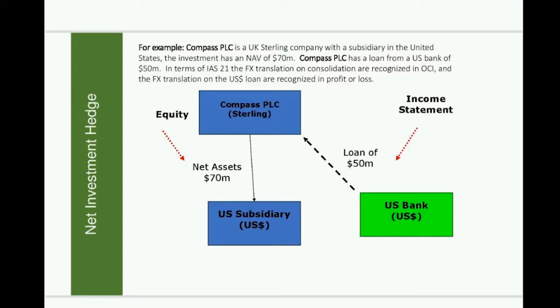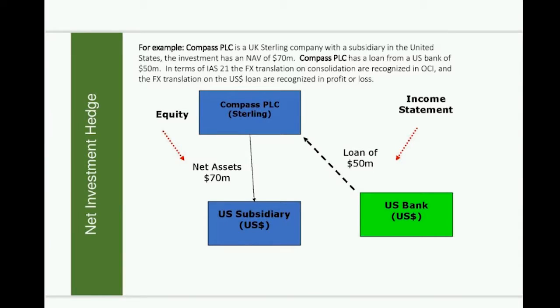In terms of the third type of hedge, which is the net investment hedge, in our example we have a company, Compass PLC, which is a United Kingdom sterling-based company in terms of its functional currency, and it has a subsidiary in the US, which has a US dollar functional currency. So before we go any further, if we just take that as is, at the end of each financial period, in order to consolidate its US subsidiary,